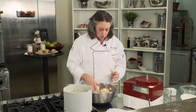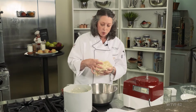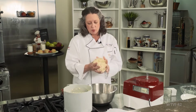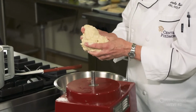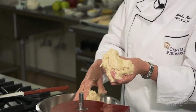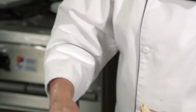That's why as soon as it comes together, we're stopping. We're not going to knead it. We're not going to process it. And even when we roll it out, we're going to be careful about how we roll it out. So, yep, my hands are going to get gooey. We've got this beautiful piece of pie dough. So now we have to divide this into 3 pieces, and we're going to take it and wrap it up into cellophane, and we're going to put it in the cooler, and it's going to get nice and cold before